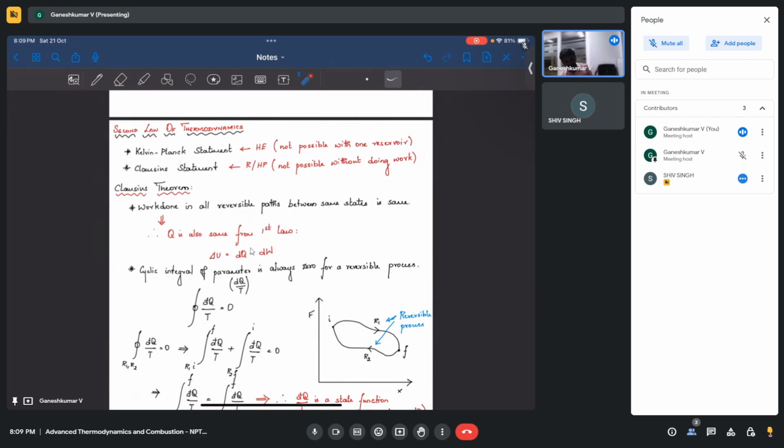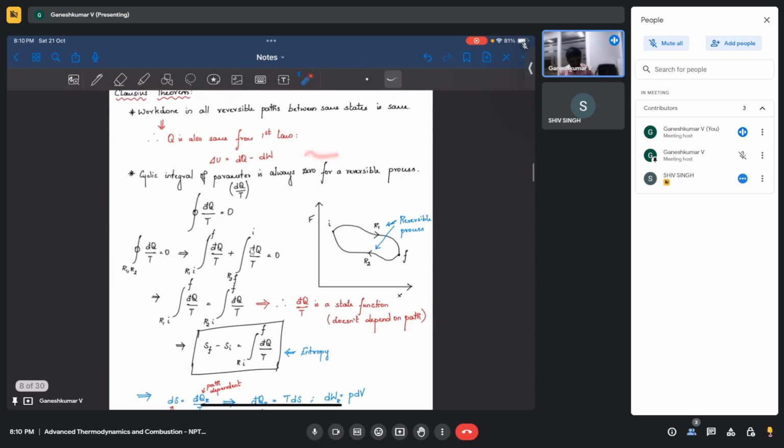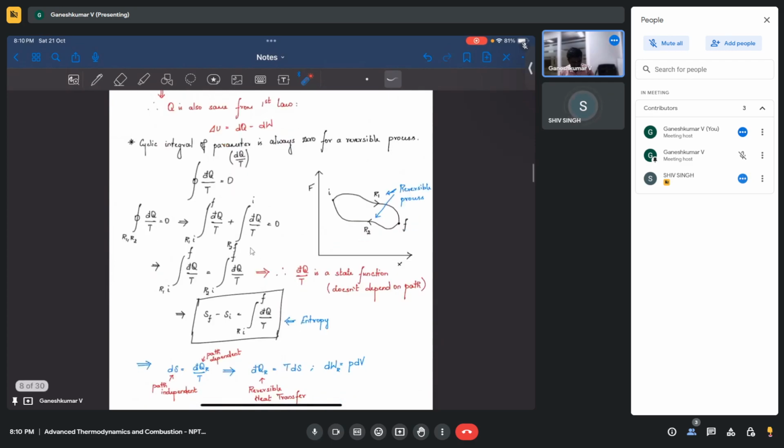So we started the second law of thermodynamics. In the second law of thermodynamics, we know that there are two statements: the Kelvin-Planck statement and the Clausius statement. The Kelvin-Planck statement deals with the heat engine, and the Clausius statement deals with the refrigerator and heat pump. We also looked into the Clausius theorem, and we said for any reversible process, let's say if you have a reversible process, then